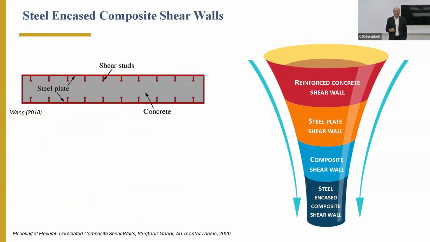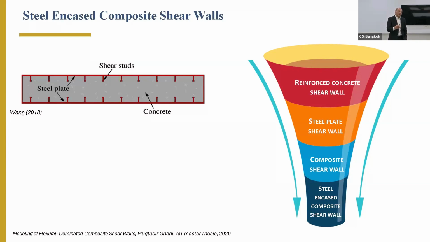So we have the steel plate encased wall. This is the most recent development and becoming very popular, where you have steel plate all outside, embedded with concrete with the studs, and we pour concrete, unreinforced. So this has a lot of advantages. And now, because we have prevented buckling, the steel plate is very different. Steel plate is no longer buckling. So now we can capture both the tension and compression, and shear behavior can all be used